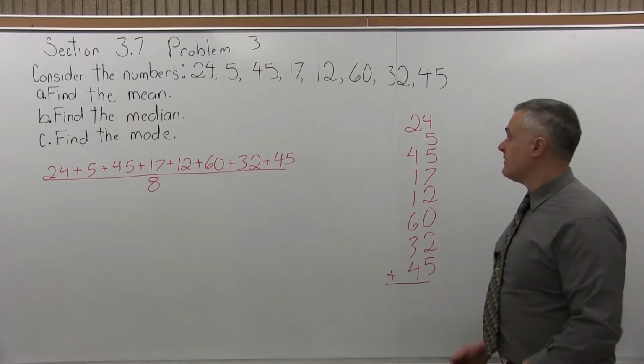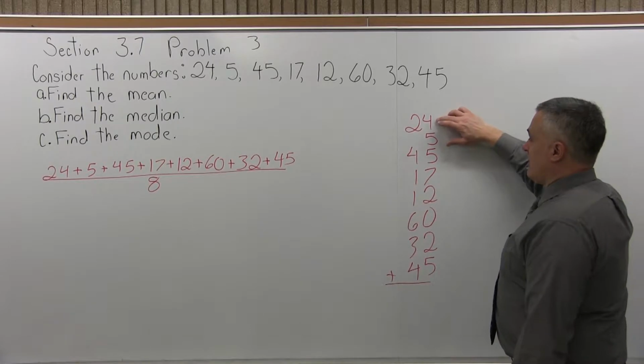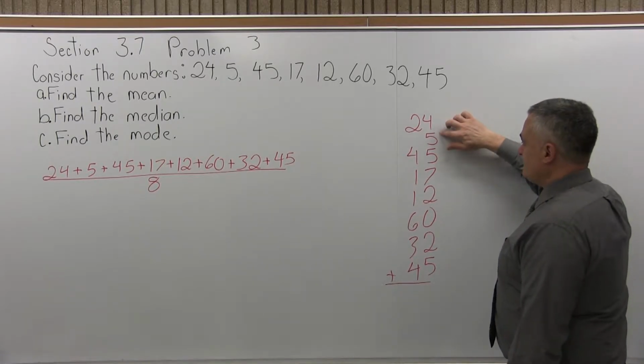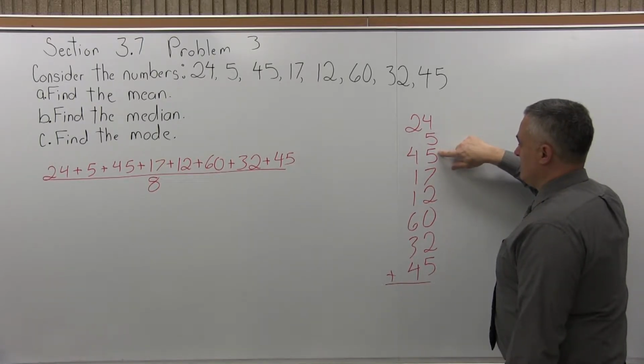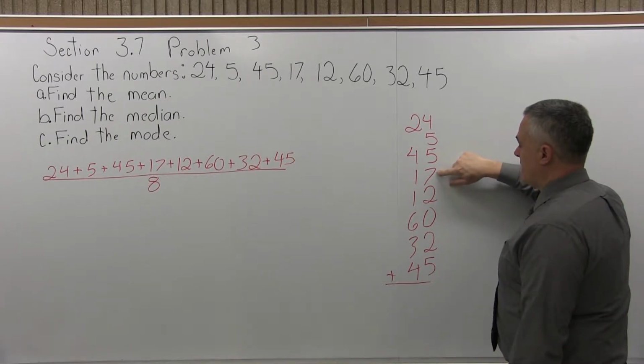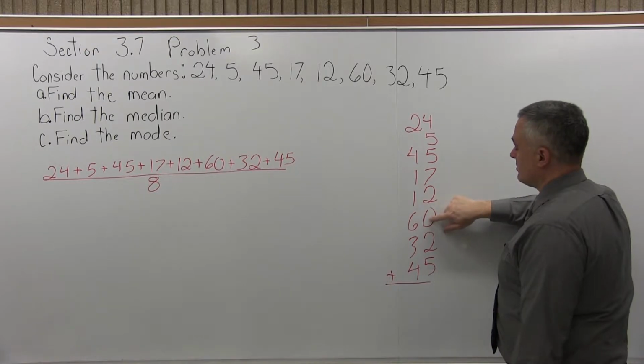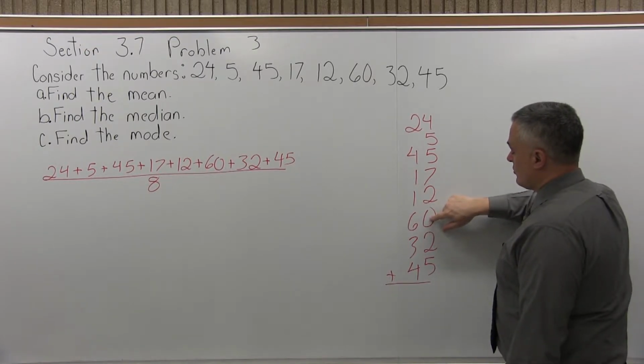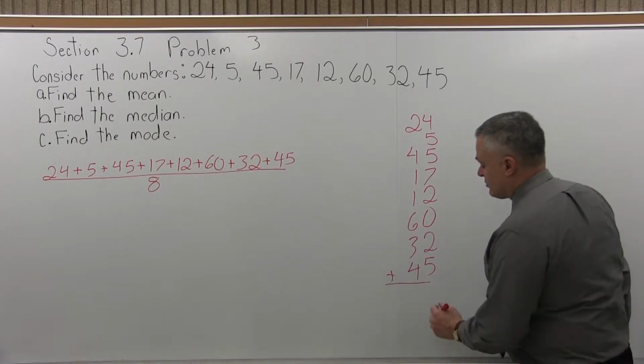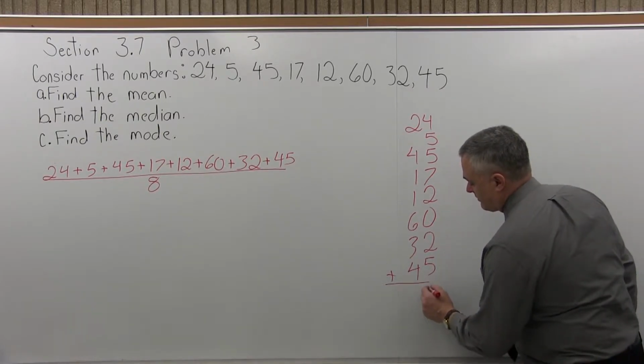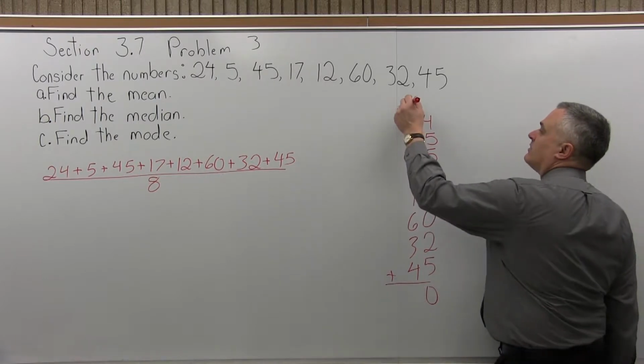And add them together. So from the top, 4 plus 5 is 9. 9 and 5 is 14. 14 plus 7 is 21. 21 plus 2 is 23. 23 plus 0 is still 23. 23 plus 2 is 25. 25 plus 5 is 30. So for 30, we put the 0 from the 30 down at the bottom, carry the 3 from the 30